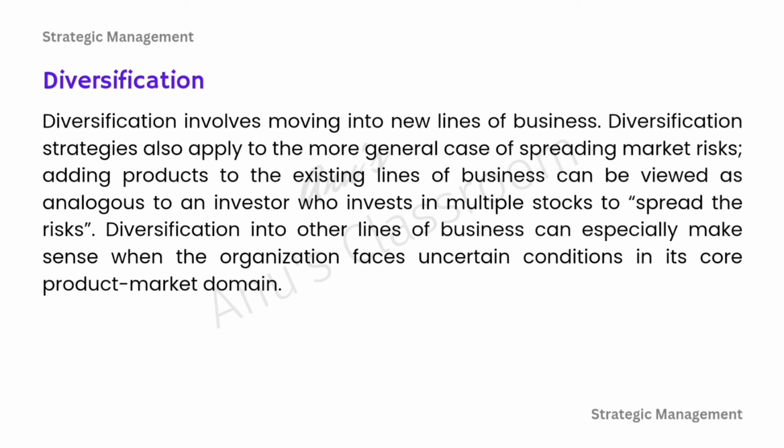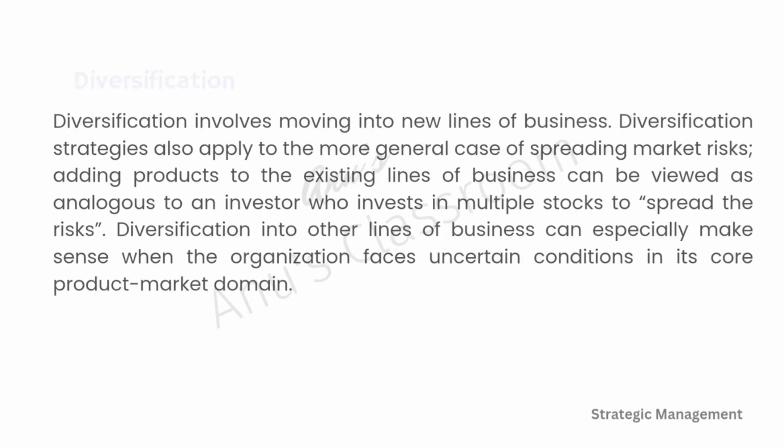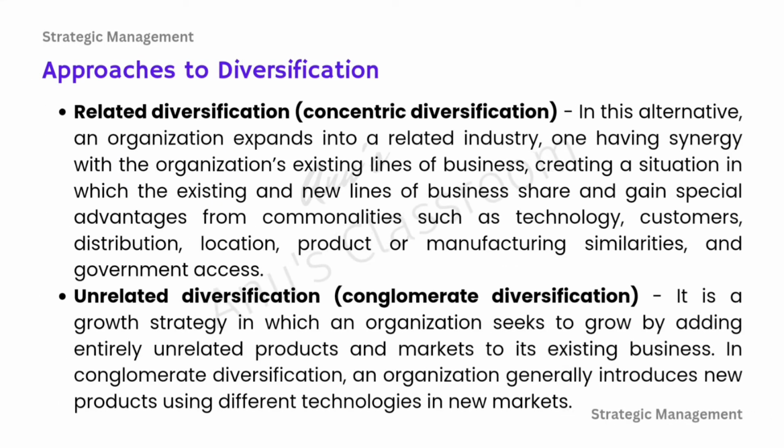They adopted this strategy. And right now, post lockdown, movies have diversified much more. We have satellite rights, we have OTT rights, we have theater rights. So they have diversified themselves into many more areas in order to get back the amount which was their budget and get the maximum profit, right? So that is diversification. The approaches to diversification are mainly two: related diversification and unrelated diversification.